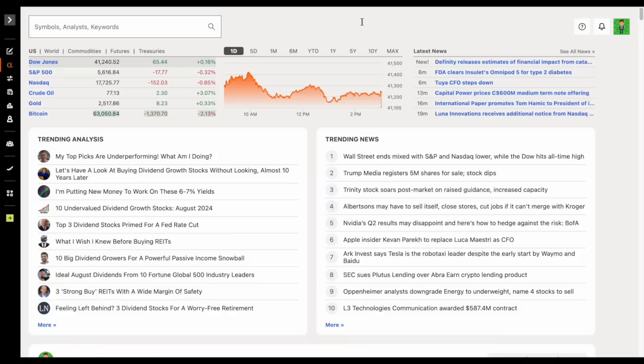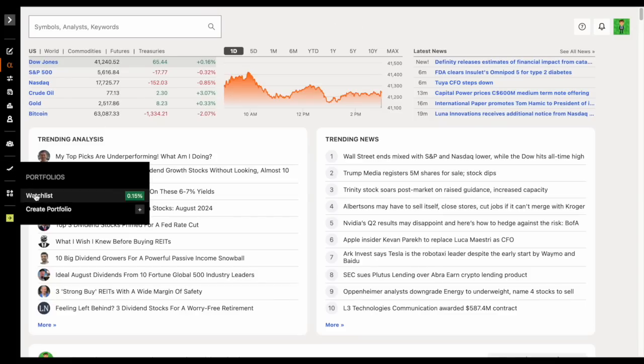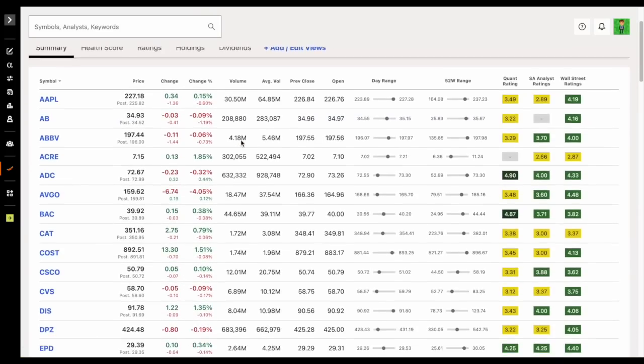Now, investment resource number 2 is pretty much Yahoo Finance on steroids. This is one of my favorite platforms, and that's Seeking Alpha. I've been using this for years now, and there's a lot of different reasons that Seeking Alpha is so powerful. Now, yes, I can do things like create a stock watch list. For example, we can see I built out a stock watch list right here for a lot of stocks that I like to keep up with,